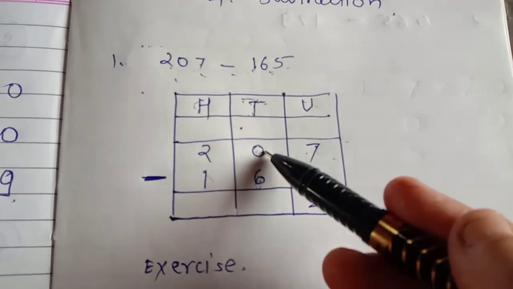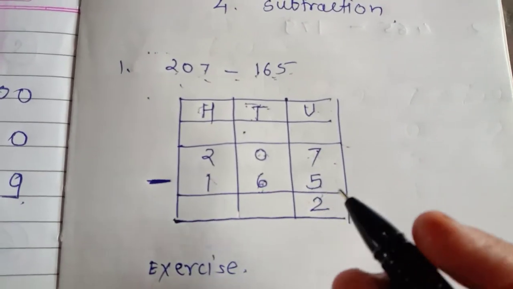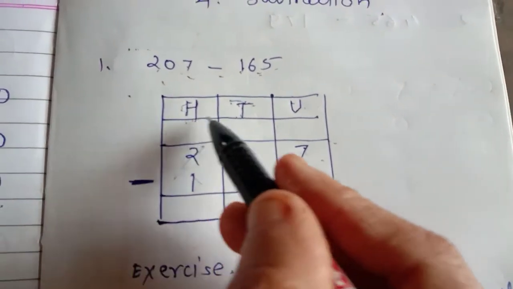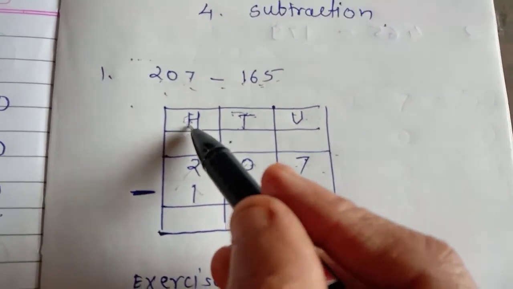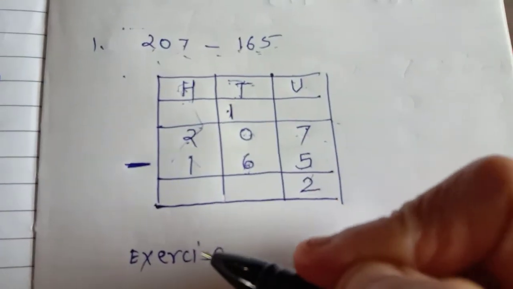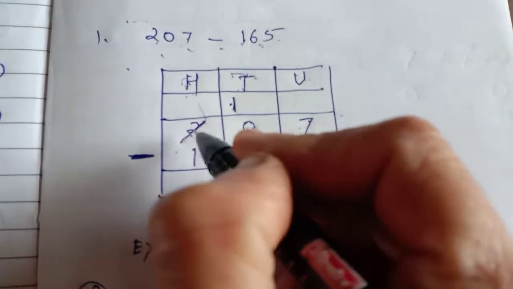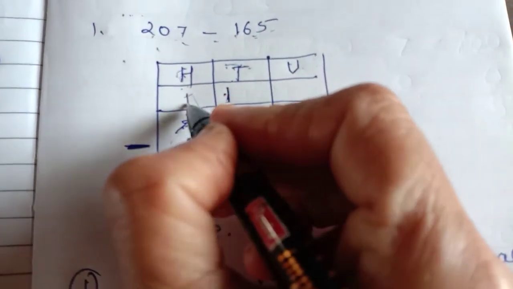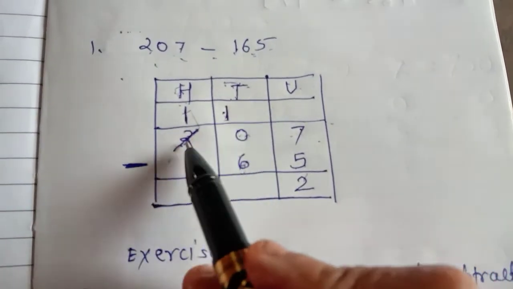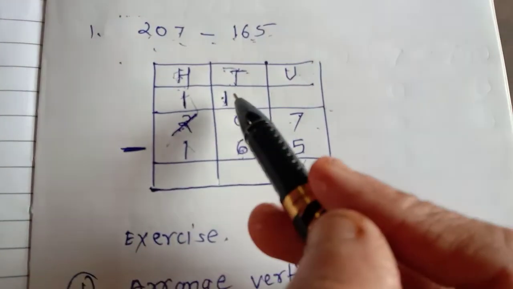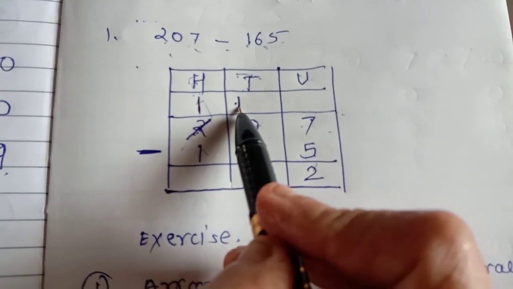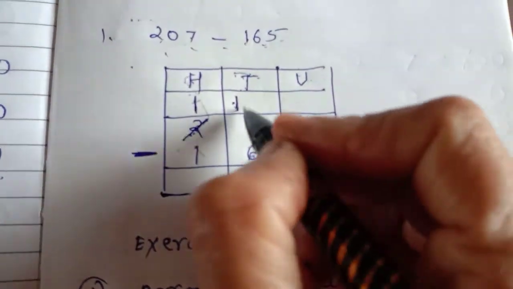We cannot subtract 6 from the 0. So what do we do? We borrow 1 from the 100 column. 1 here is 200. So we borrow 100 from here. 100 means 10 tens. Here is 200. You borrow 1 here. So how many remain here? 1. 200s are here. You borrow 100 here. That means 100 is remaining. Okay, 100 means 10 tens.